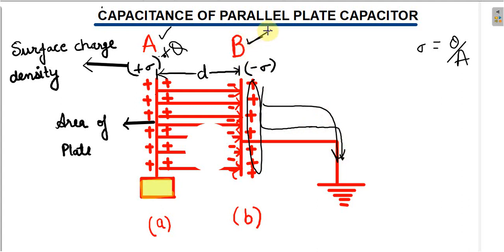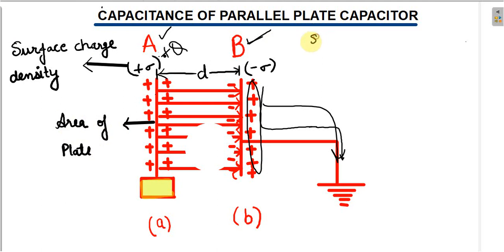So in this topic, we will derive the formula for the capacitance of a parallel plate capacitor. How much charge it can store. What is the capacity of the parallel plate capacitor? We will derive the formula for the capacitance of a capacitor. And you can see this is the area of the plate. To derive this formula, we need two plates having the same area. This is the condition. The two plates must have the same area.